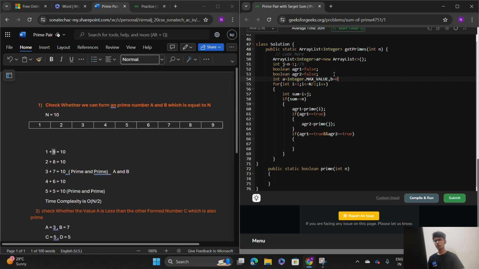We are not going to do anything with this b, so I just give the value as 0. Now after this, I got agr1 is equal to true and agr2 is equal to true. Okay, no problem. Now what I'm going to do here is, if a is greater than i,